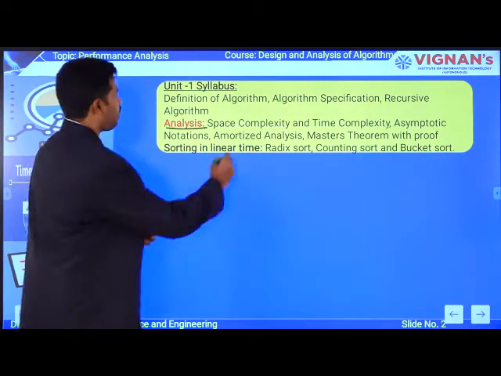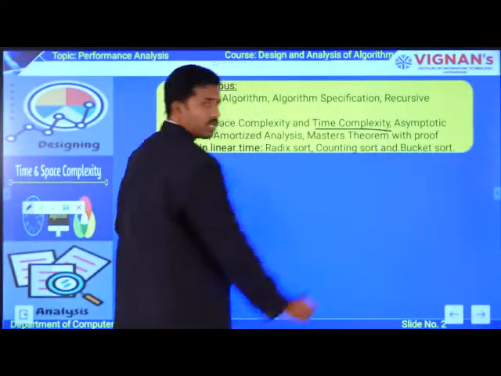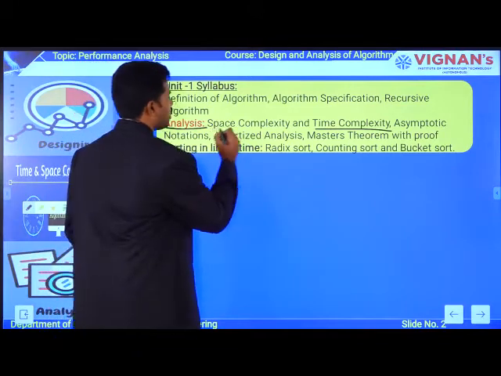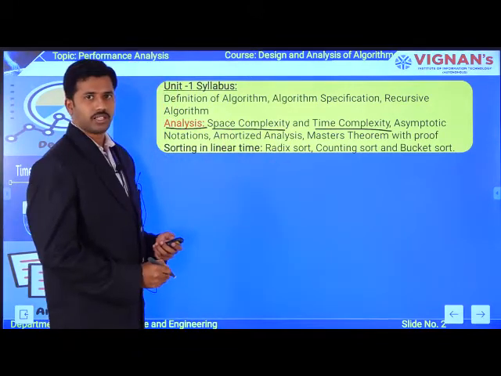So first of all, today we will see how to measure the time complexity with various examples. In the coming lectures we are going to cover how to measure the space complexity of a particular algorithm, okay?